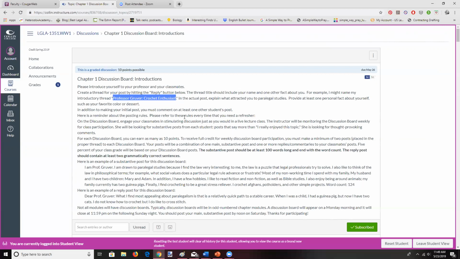Your discussion board participation will be due on Sunday at 11:59 p.m. So be sure that you note that date. So it's basically from first thing Monday to the end of the day on Sunday. It will cease to be available at 11:59 p.m. And so it's not a situation where you'll be able to continue to participate after that point.